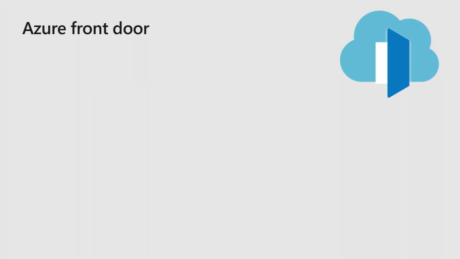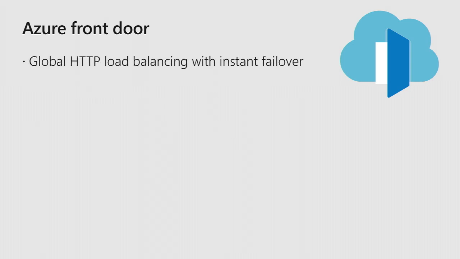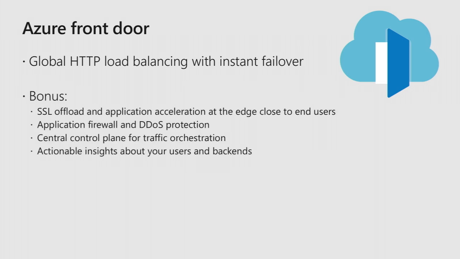This is the global HTTP load balancer that manages all of the failover between those instances. It's distributed across all of the Azure regions, and it's a service that runs, rather than an individual instance that runs inside a resource group. It has a couple of bonuses: the full application offload and application acceleration. Because it's distributed and it's an Azure service, we put some DDoS protection in there